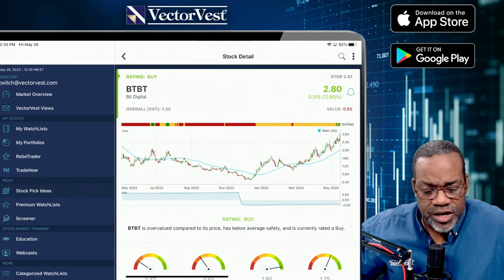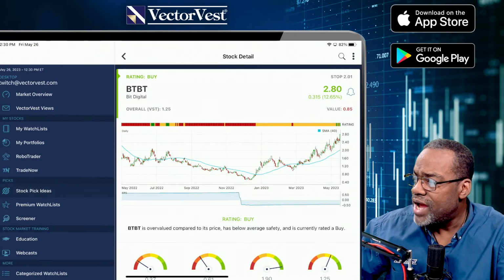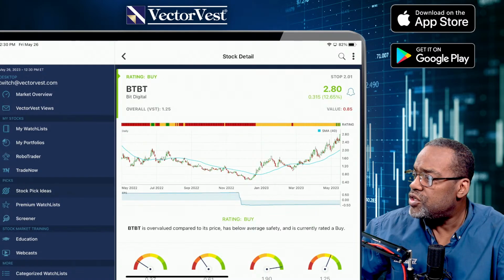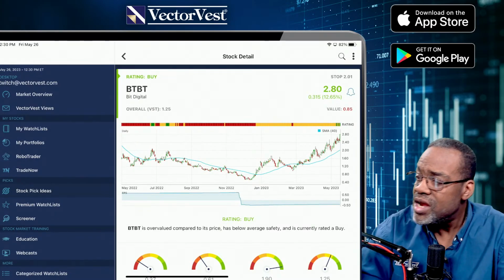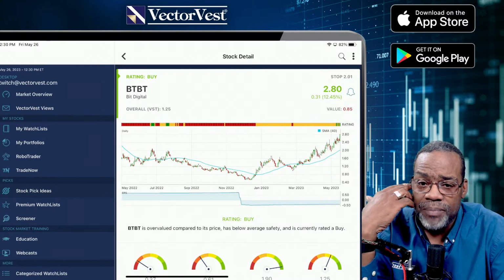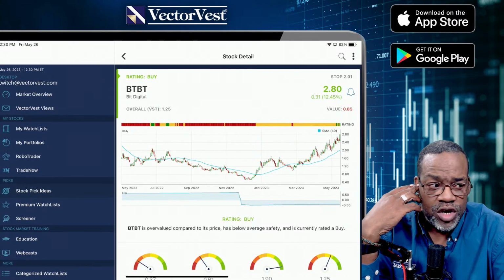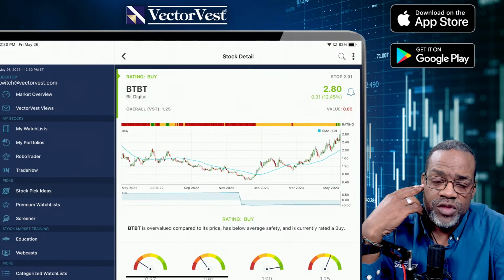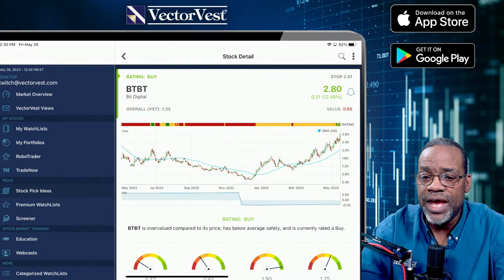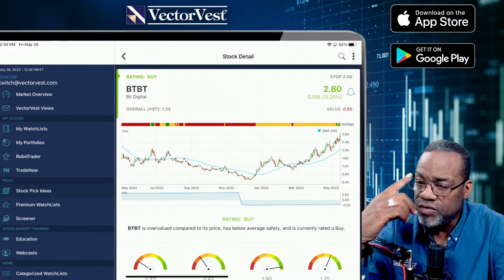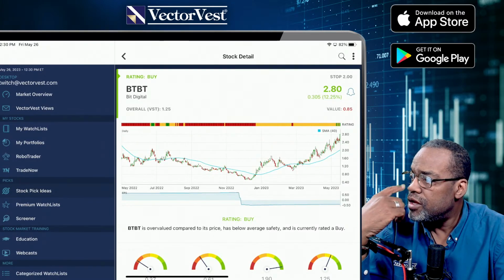Glenn, I appreciate your ideas of creating a watch list, migrating to a portfolio based on alerts. Great methodology and idea slash strategy. Remember, Siberia, my job here is to get you to understand the power of the program in your pocket. I'm going to stress that over and over and over again. The power of the program in your pocket.